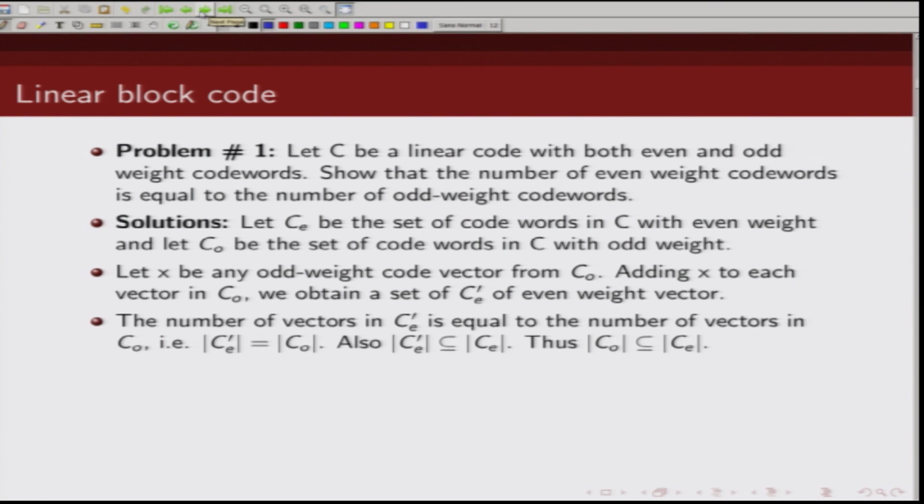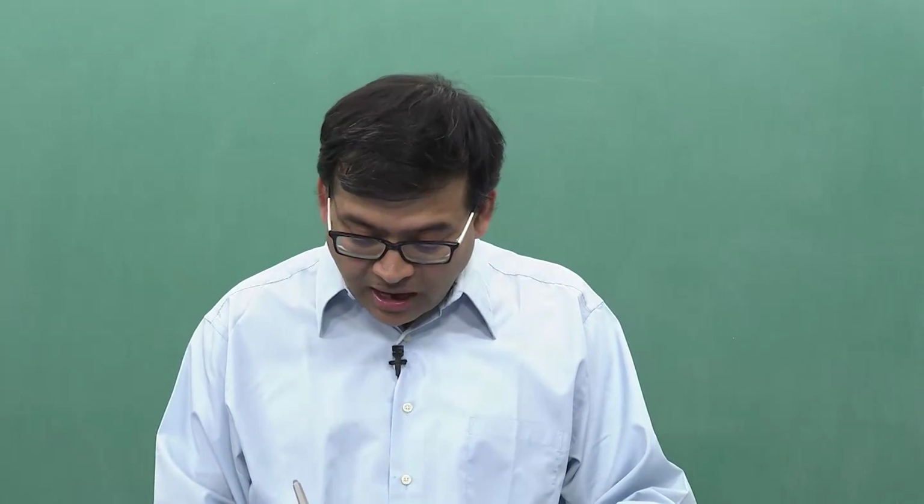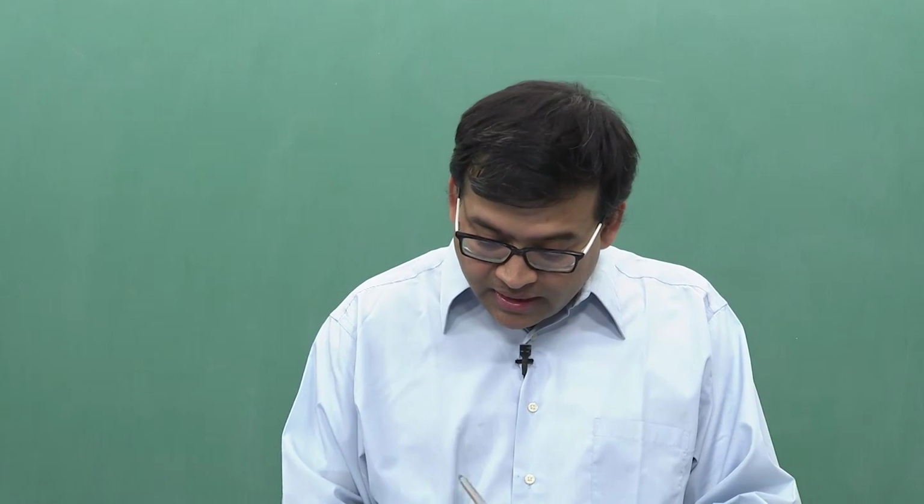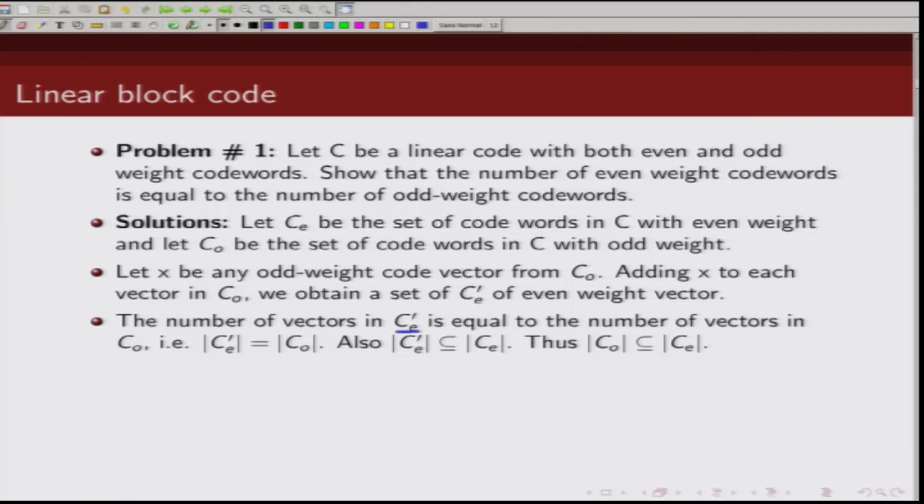Now the number of code vectors in C_E prime is going to be equal to the number of vectors in C_O. Why? Because how did we get this C_E prime? We added an odd vector X to the set C_O. So the number of vectors in this set is going to be equal to the number of vectors in C_O. Hence